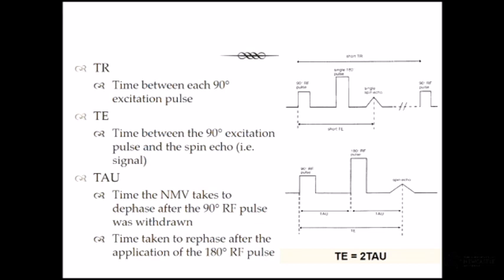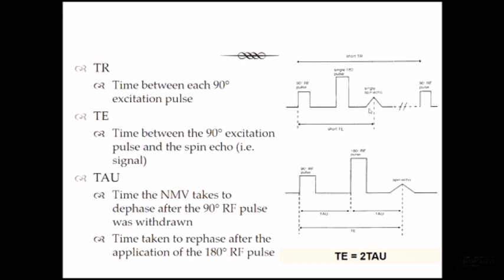Okay? And again, just those definitions, our TR, or time to repetition, is the time between each 90-degree pulse. So here's our first one, here's our second one, so that's our TR time. Echo time is the time between the 90-degree excitation pulse and the collection of the spin echo. Okay, so that's our 90-degree pulse, there's the collection of our echo, and this tau time is when we send